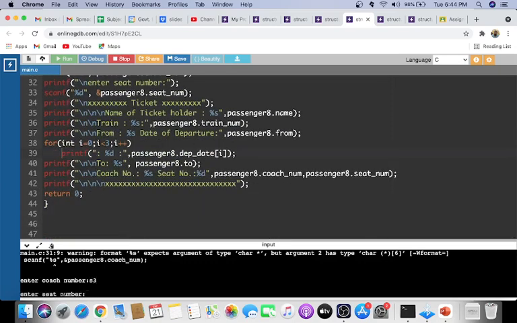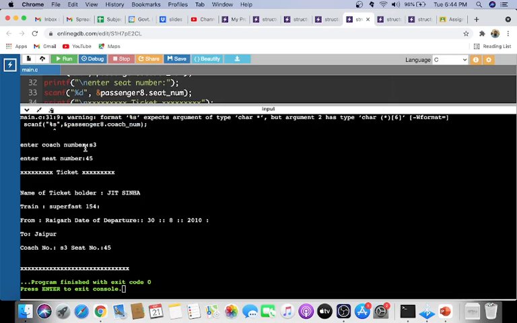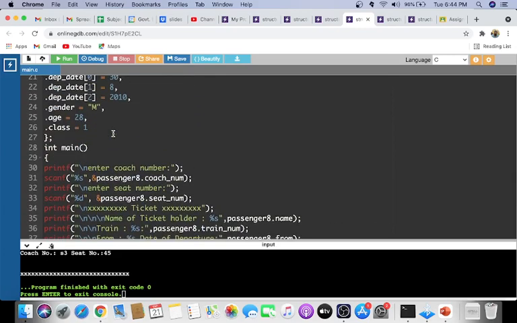Then seat number, I'll enter 45. Now after that everything will be printed. So you have entered S3 and 45, and this ticket will be printed like this, with XXX and all those details. So this is how to initialize and print those details. Okay, you can get values like this also.